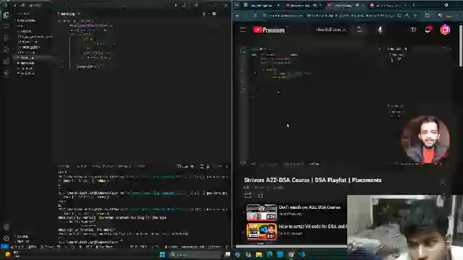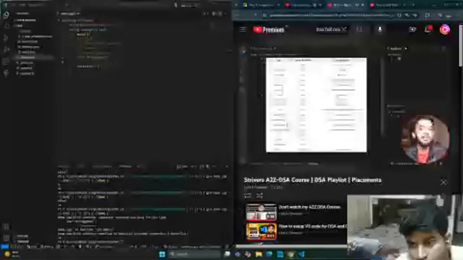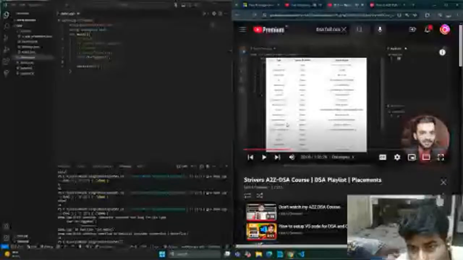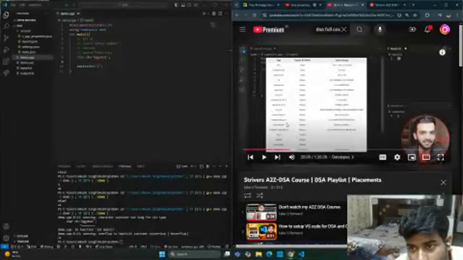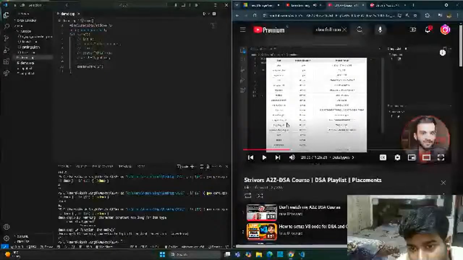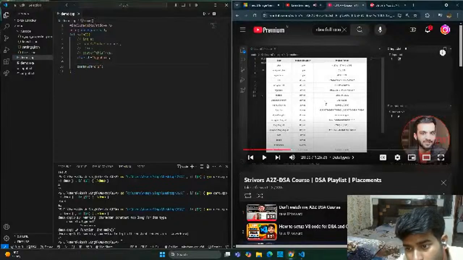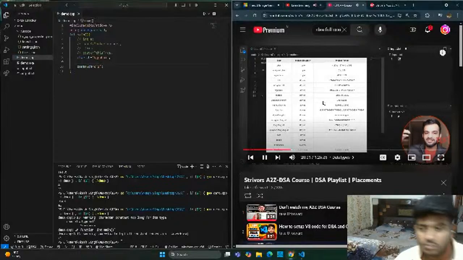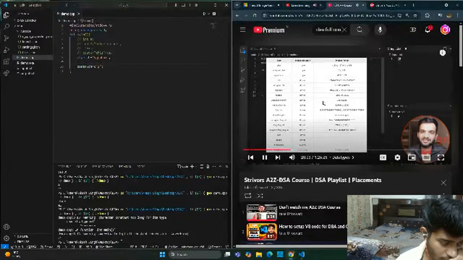It doesn't make sense because it will end up eating up a lot more memory space. So integer takes a certain memory, long does take a certain